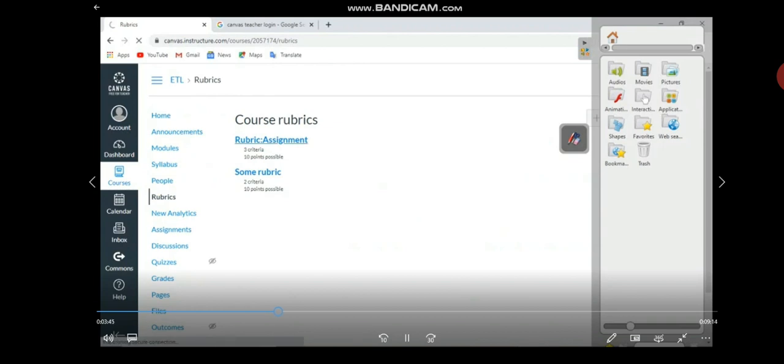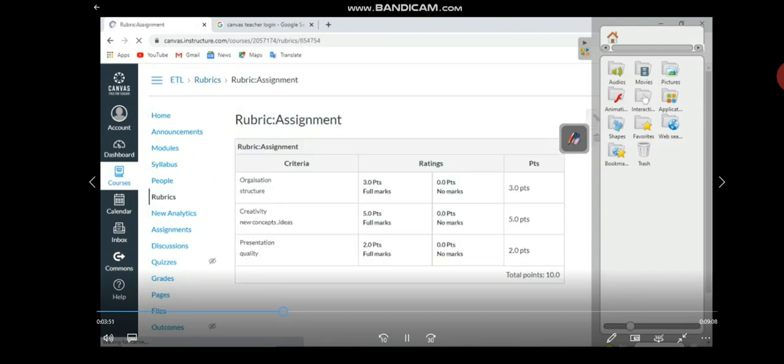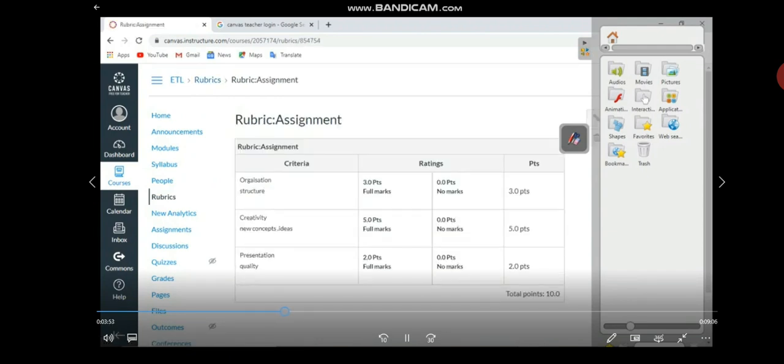What is a rubric? We should know a rubric is a quality assessment tool. It can be holistic and it can be analytical. When we say holistic, it takes all criteria as a single one. When we talk of an analytical rubric, it goes criteria, sub-criteria and so on.